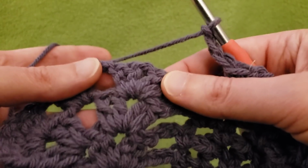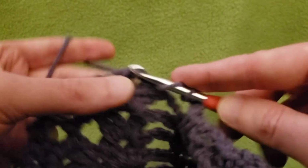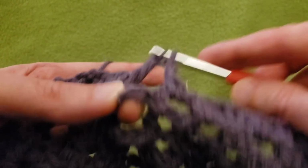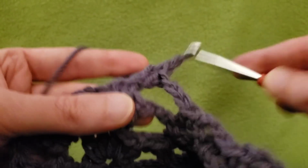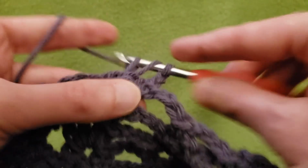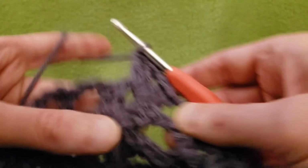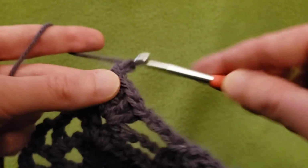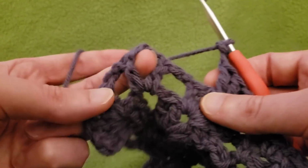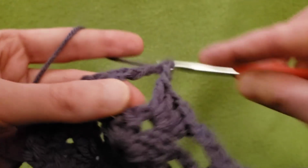So cluster into the chain 1 space of that cluster, 2 doubles, chain 1, 2 doubles, and it's quiet again. Okay, so we got cluster in the cluster, chain 2, 10 double crochets in the chain 3 space,